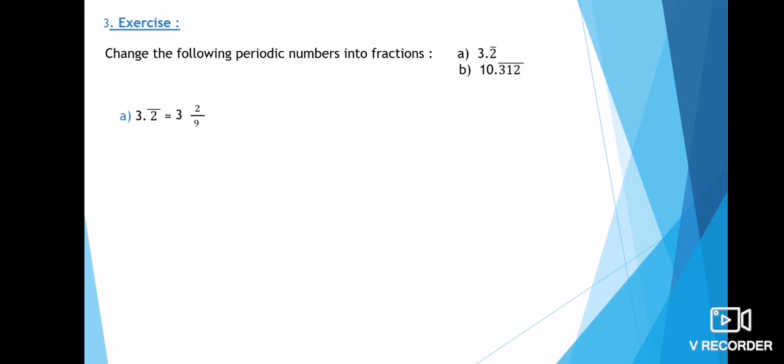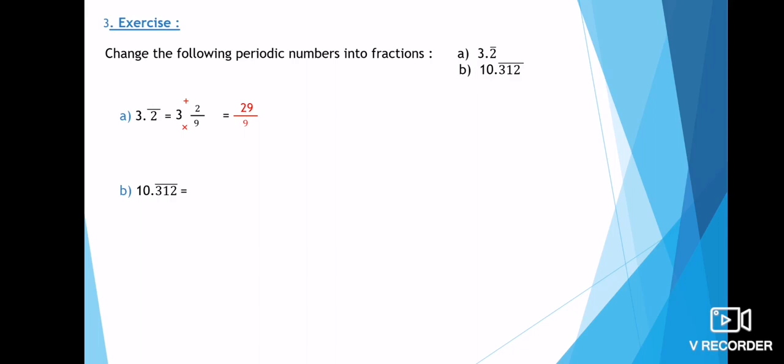Now this mixed number, change it into a fraction. We copy the same denominator 9, then 9 times 3 is 27. 27 plus 2 is 29, so the numerator is 29. Another example, part B,